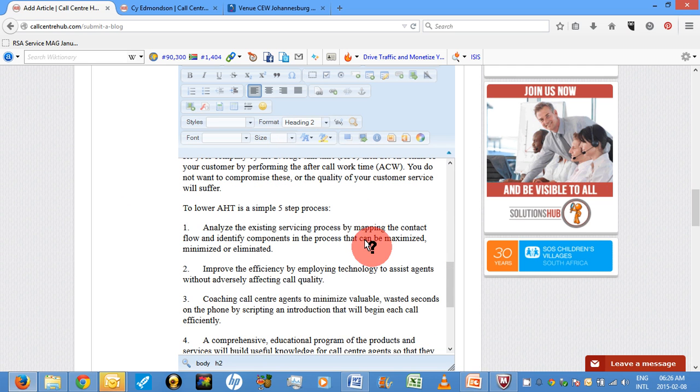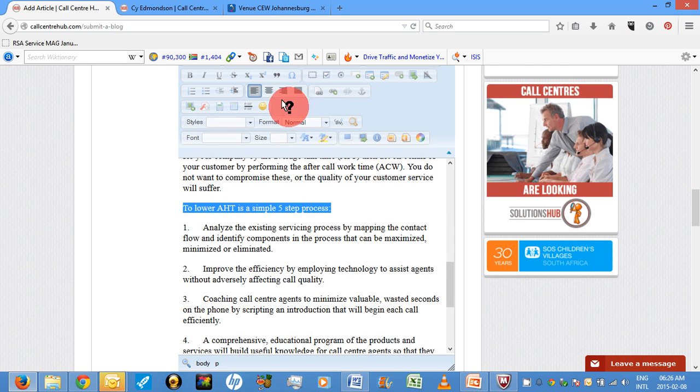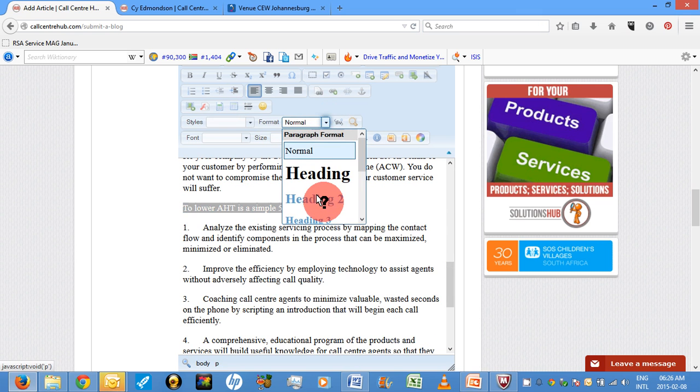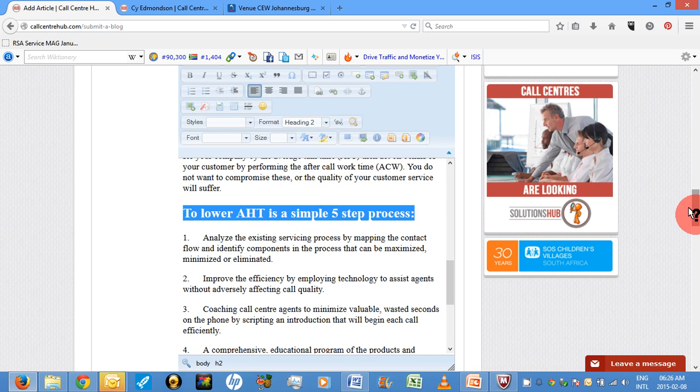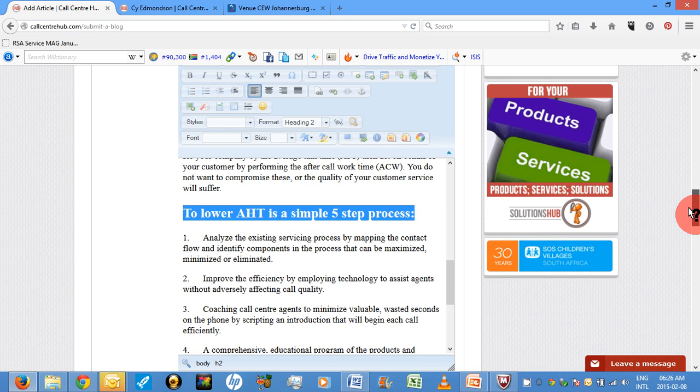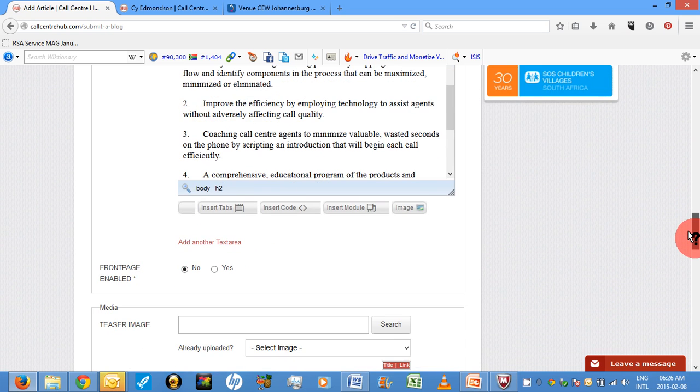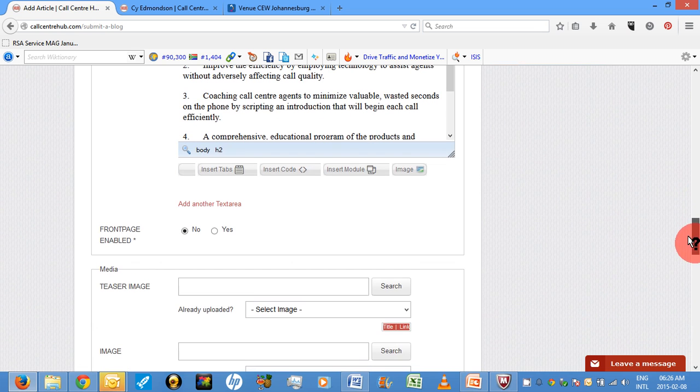So I just highlight the areas, go to format normal, and add heading 2. Always add heading 2. The font sizes of the other headings are either going to make your text too big or too small. If you want this to be on the front page, which you would like it to be,